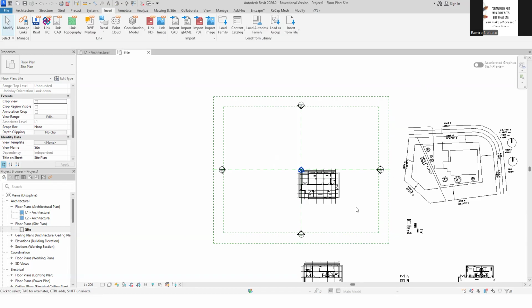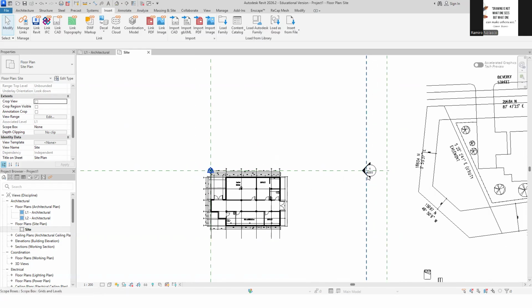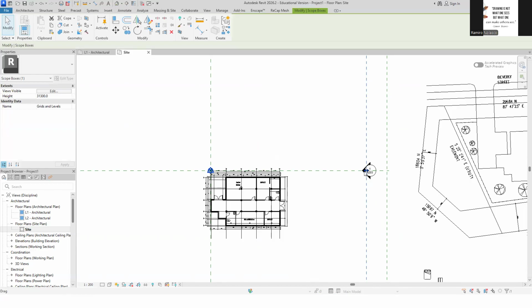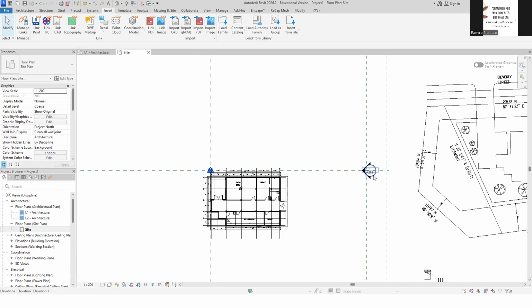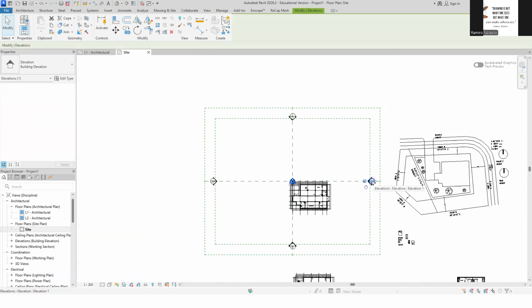Now, these here are elevation markers. They're actually clickable. It will bring you to the view. So if you click this one here, it will show you, not the scope box, okay, this one here. It will show you that this actually points to the left or east.